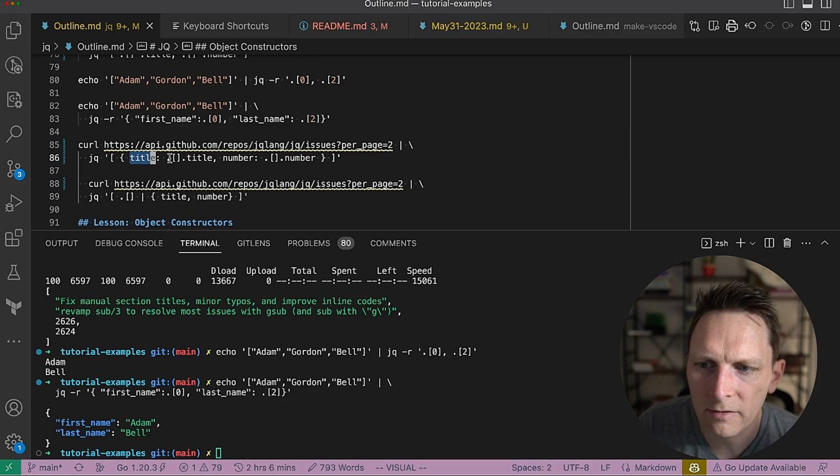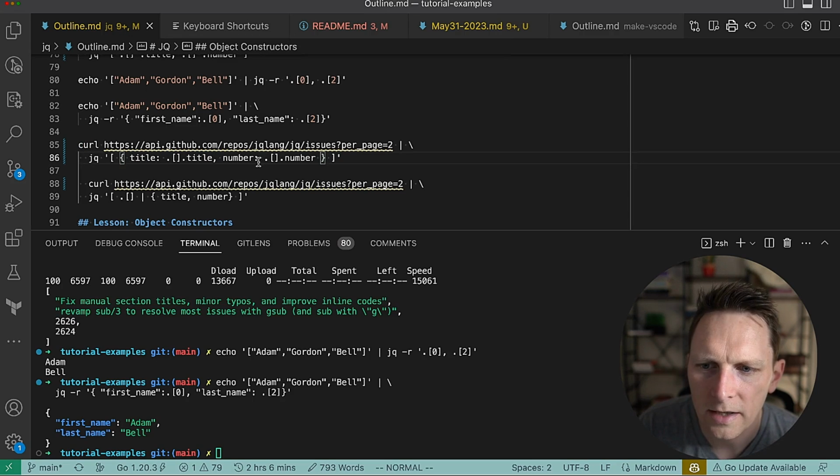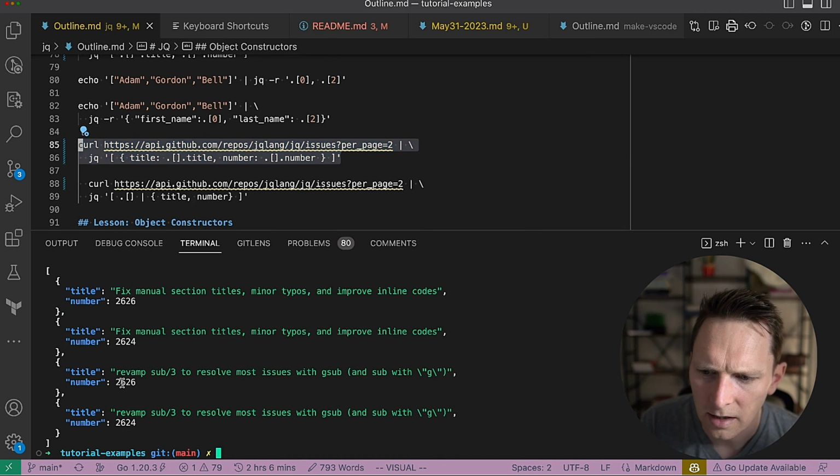And the object is going to have a field called title. And then we use the same title selector, where we go into the object, into the array, get the title. And then same for number. We go into the object, into the array, get the number, right? So we're taking this document apart, putting back a document that's much smaller, that has just the title and the